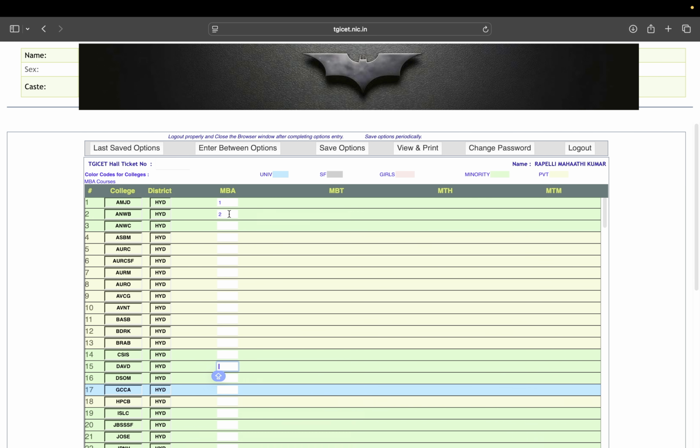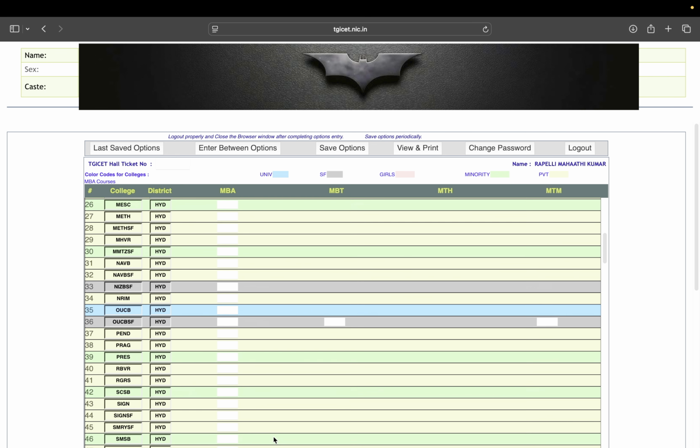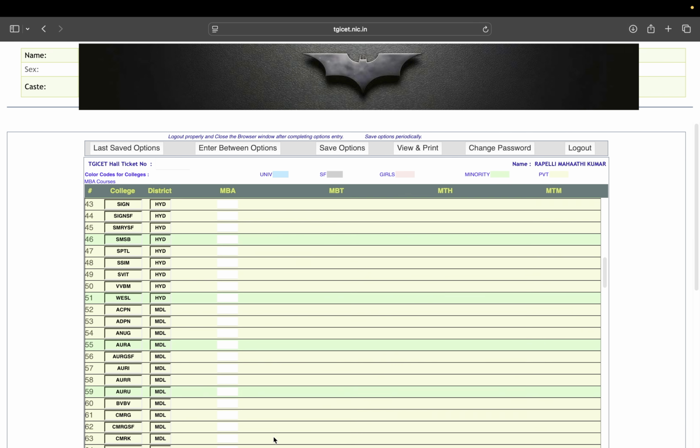For example, if you have started from 1, then go in the order 2, 3, 4, 5, 6, 7, and these are the colors I already explained to you. For example, if you are someone who only wants a seat in minority colleges, then here the color for minority is green, and the colleges which are in green, you only target them,